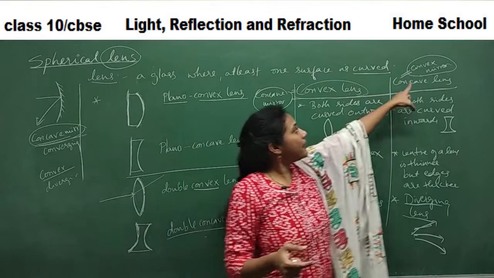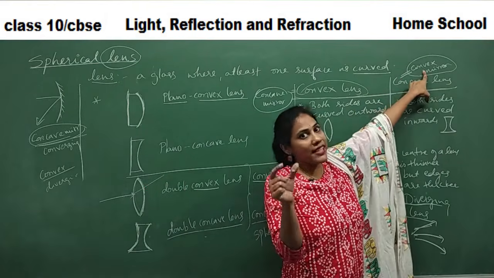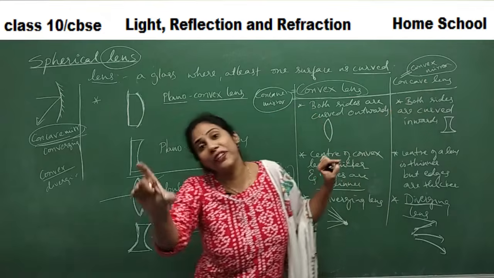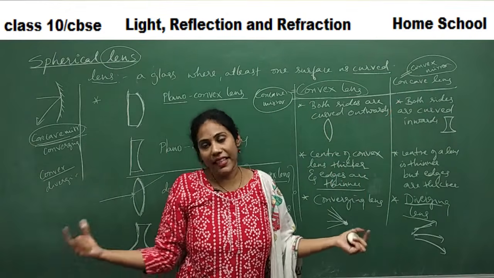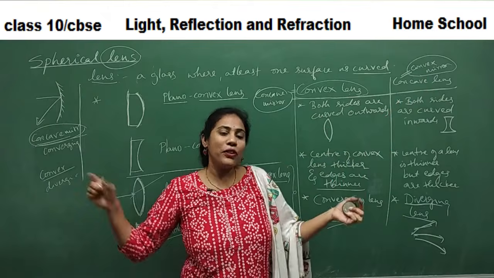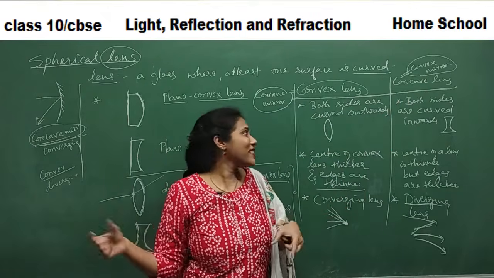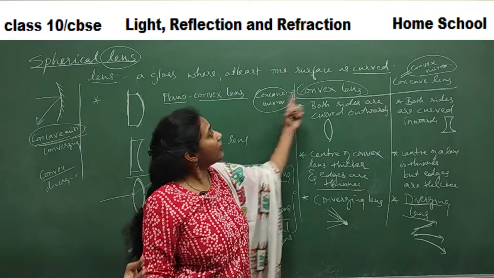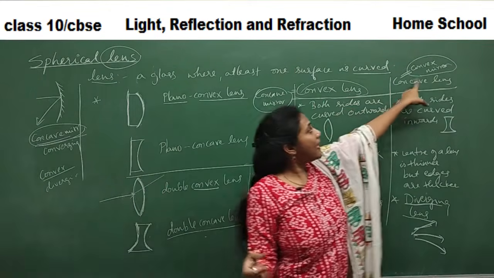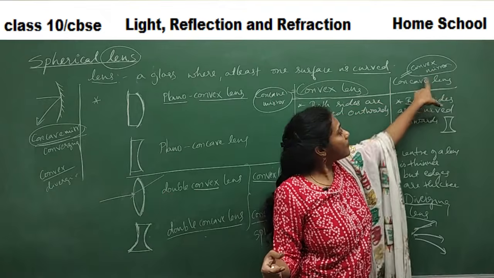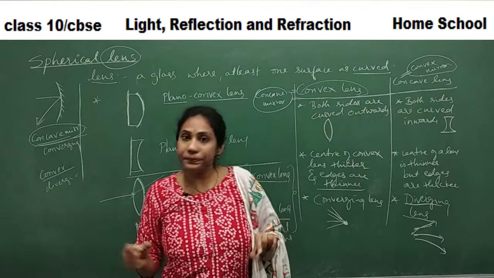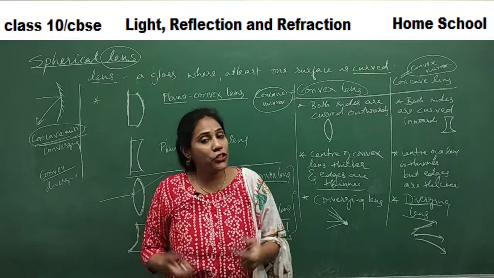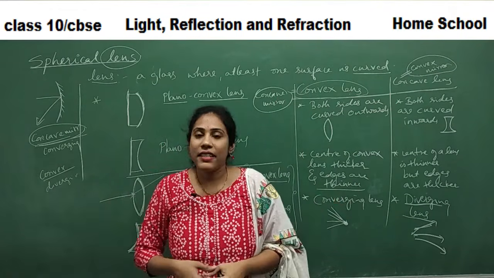But in the mirror, reflection is the phenomenon we will see. In case of lenses, refraction is the phenomenon we will see. That's it. So the rest of the story, drawing, ray diagrams and everything, is actually similar. Similarity you will find between concave mirror and convex lens. Similarity is there between convex mirror and concave lens. If you can remember this point, it is very beneficial for you to remember various things later.